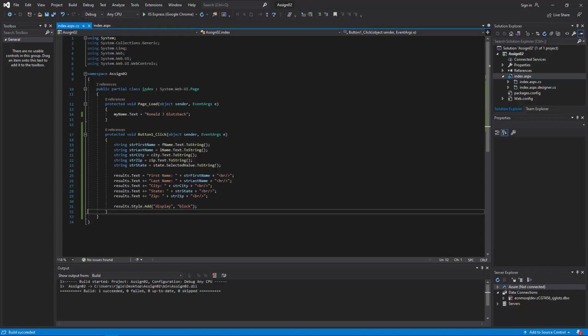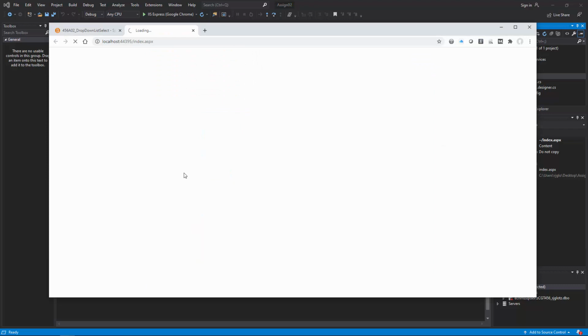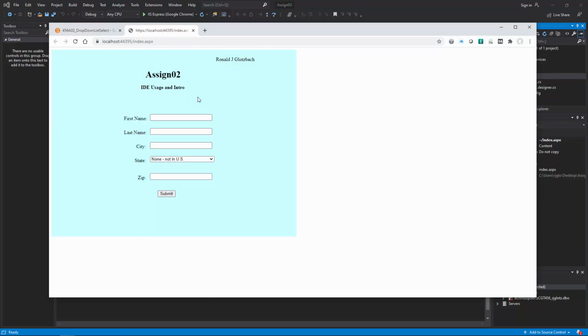Control-Shift-B. You'll see it saved both our files here. Right-click on the ASPX. Again, make sure it's the ASPX view in the browser. And when you click submit, that label should appear and cover everything like that. And that's the end of